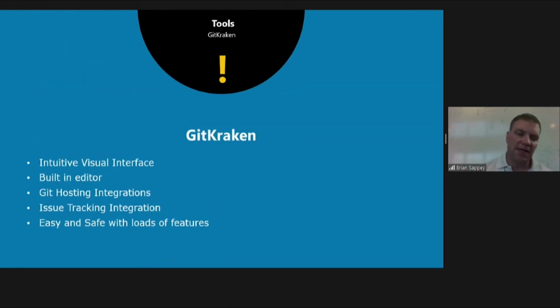And then lastly, GitKraken. Again, it's just intuitive. It's got a built-in editor. Git hosting integrations are baked in. There's issue tracking, so we use Jira on a day-to-day basis, a very simplified version of it with very few tasks that actually have to be created or built into Jira to accommodate just a software release. But there's Git smart commits, and there's a number of other things you can do. GitKraken also can grab all of your assigned Jira tickets, and I'm going to showcase today